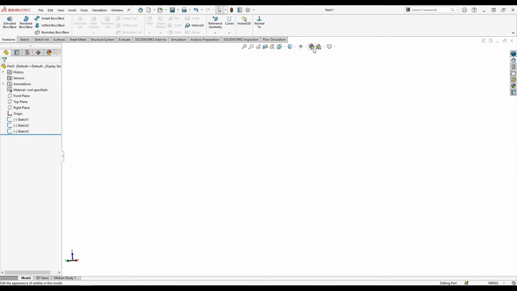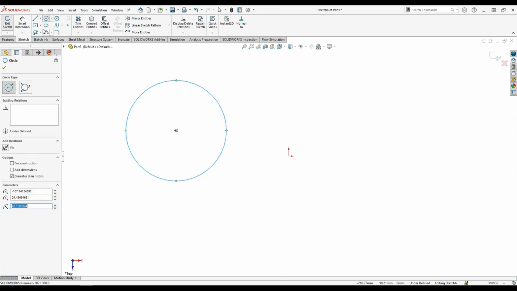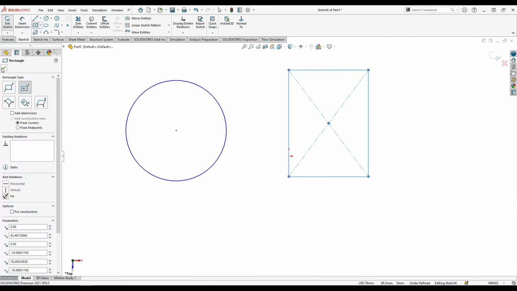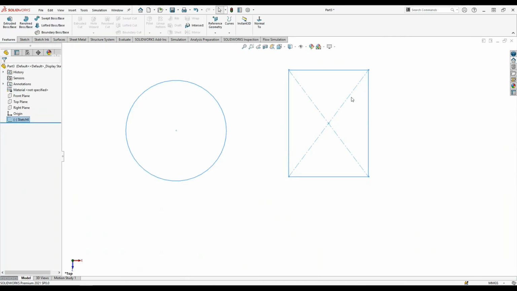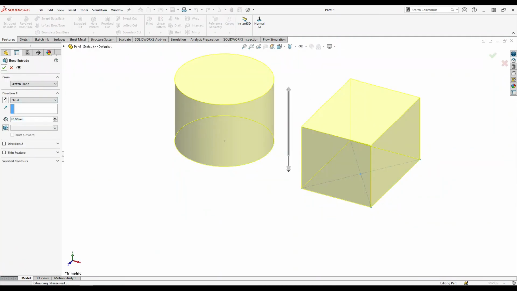Now I want to explain about the edit appearance colors. Like if you design something, let's delete this one. On the top plane I want to design, yeah, this is a random sketch I just sketched for explaining the color systems.